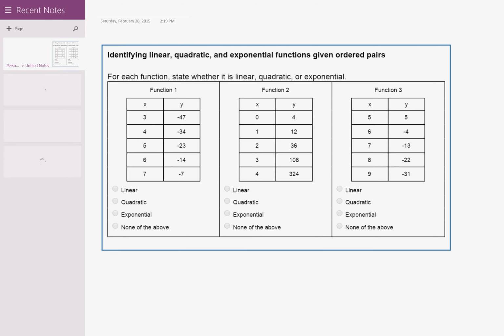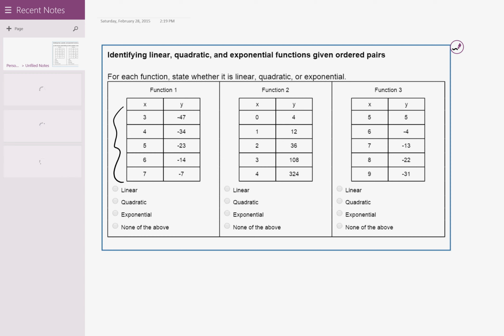We want to identify linear, quadratic, and exponential functions given ordered pairs, and this requires a little bit of intuition and common sense. Linear functions are direct variation problems. So if x increases by 1 in each step, then y is going to increase or decrease by the slope